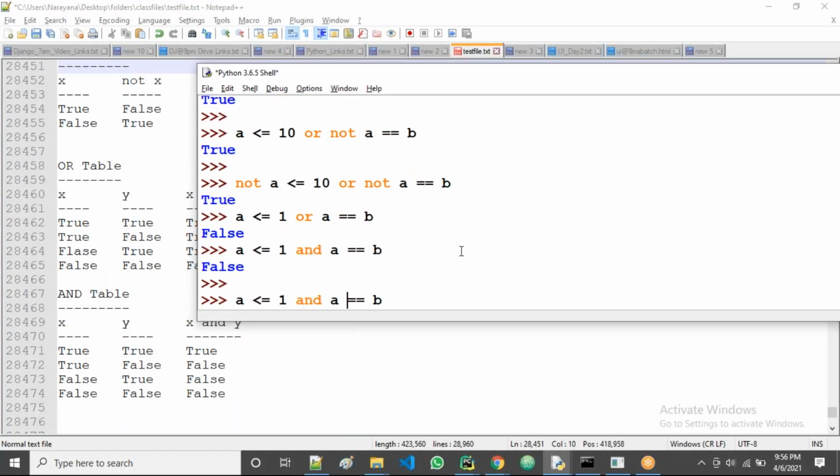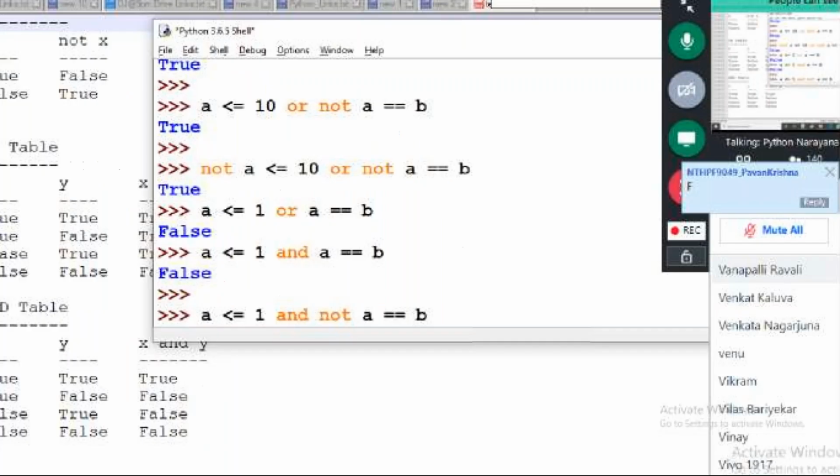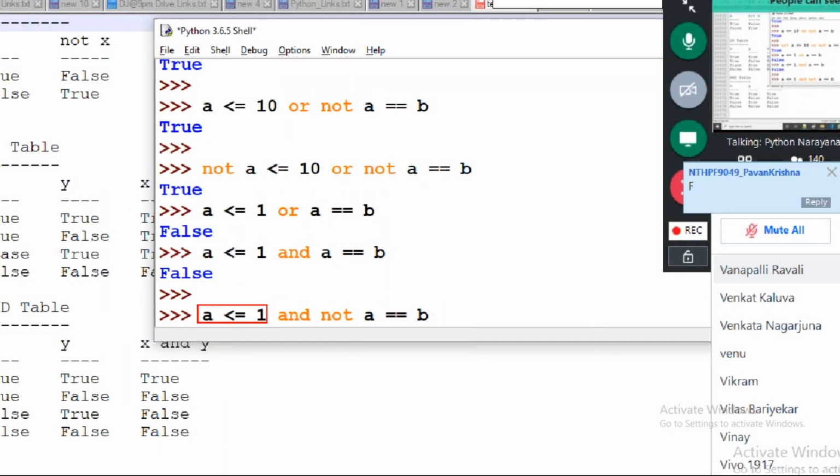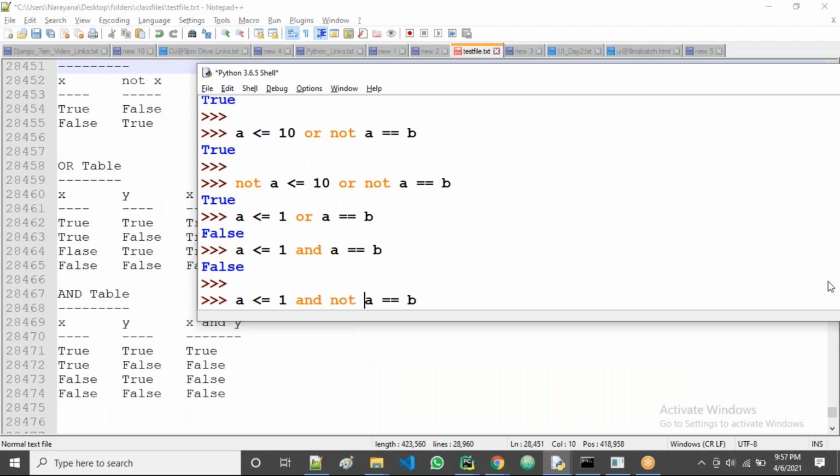Now for the same one, I'll take the not here. I'm taking the not, guys. Tell me now. In this case, this is false, and it's also false, but completely which one is true, right? True, guys. The combination is false, then this is true. Now which one? False and true, right? False and true is false, guys.